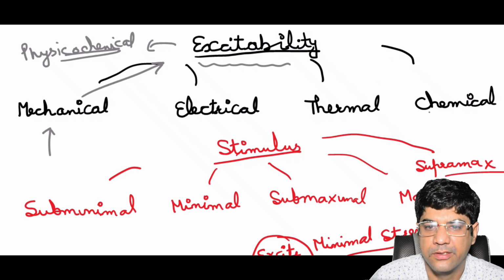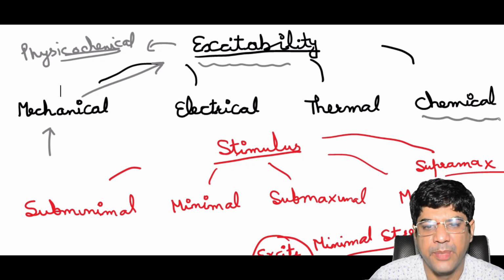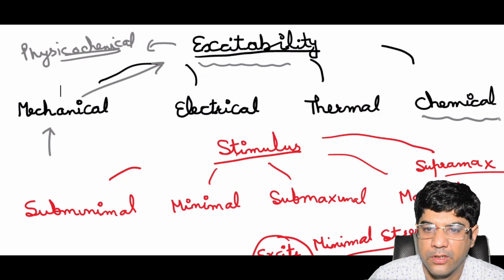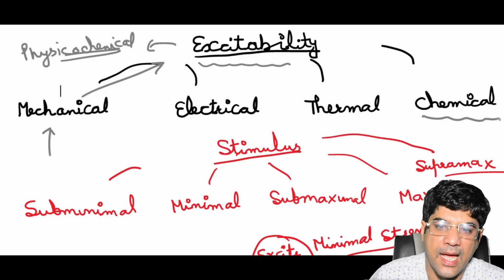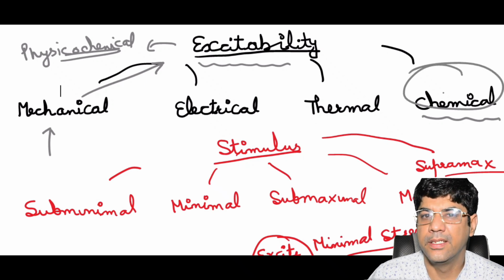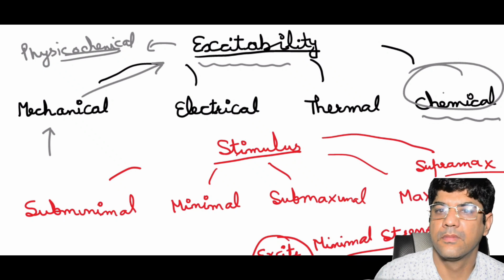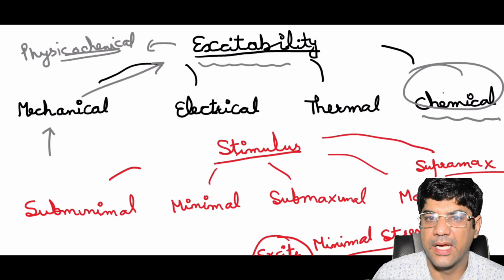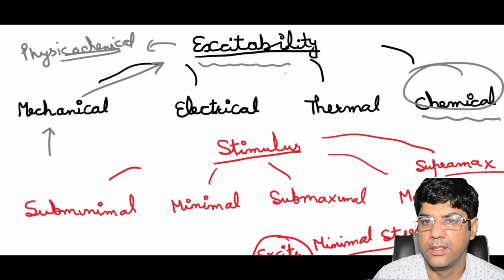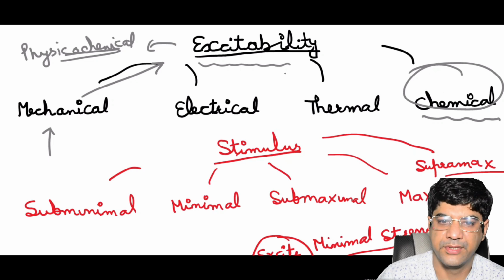Last could be the chemical stimulus. Imagine accidentally spilling a few drops of strong acid on your skin. So the chemical substance acts as a chemical stimulus. Now, can anyone give me an example of a stimulus and how it might cause a reaction in the body? Now, the stimulus,